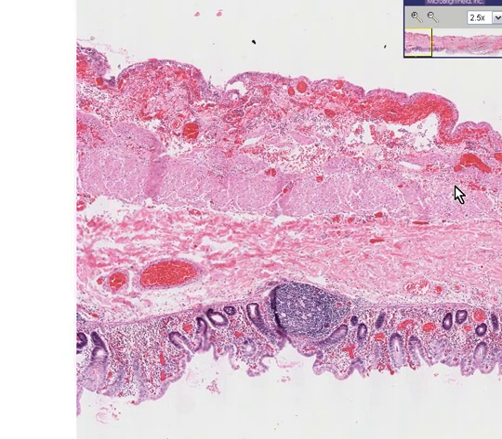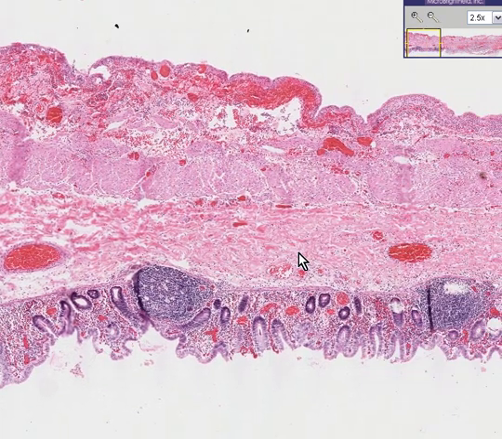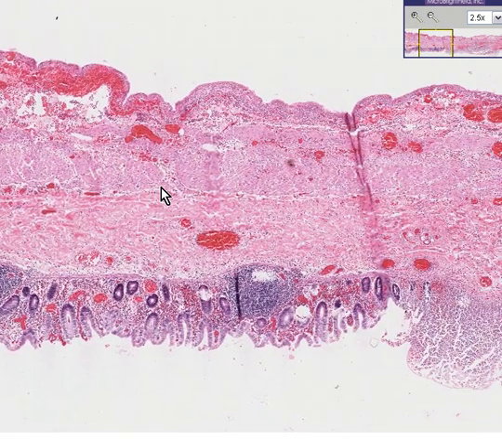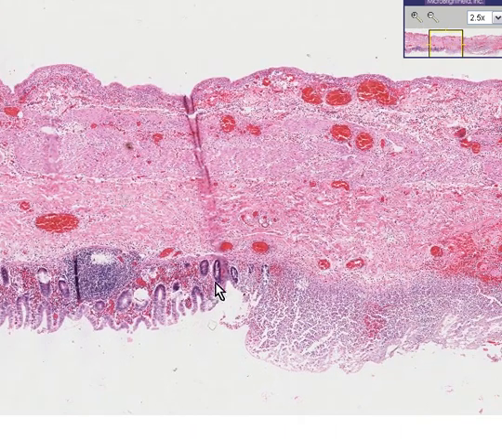You can see the muscular layer. And then you could see that there is perhaps some hyperemia or some nicely dilated vessels out here in the serosa. Let's follow this colon down the road. Here you could see some more normal colon here. But look, all of a sudden you lose